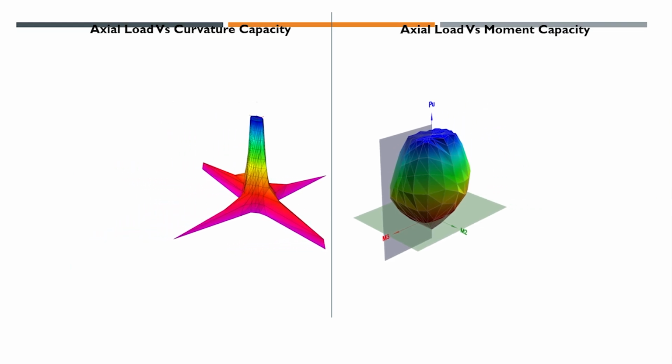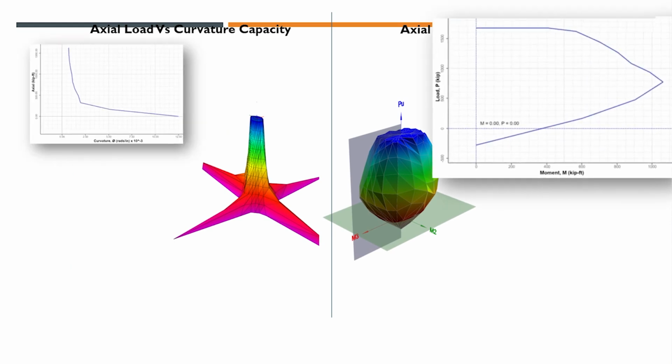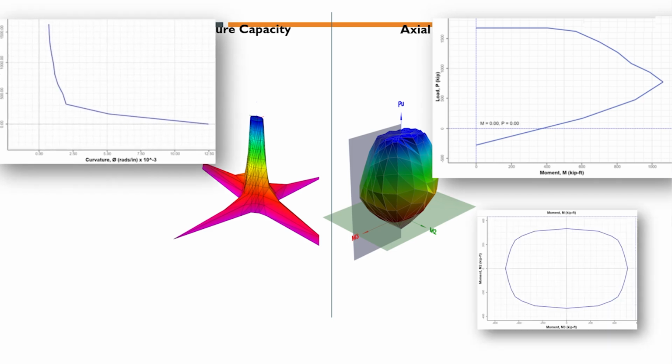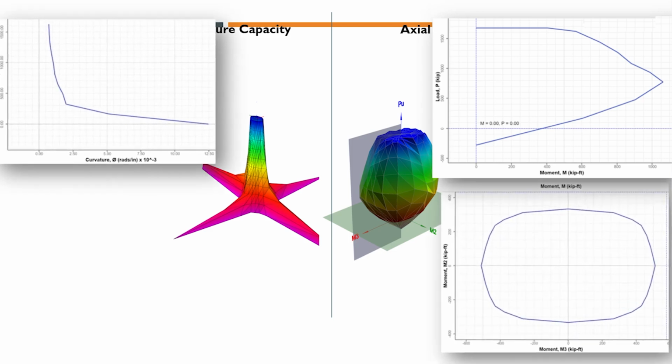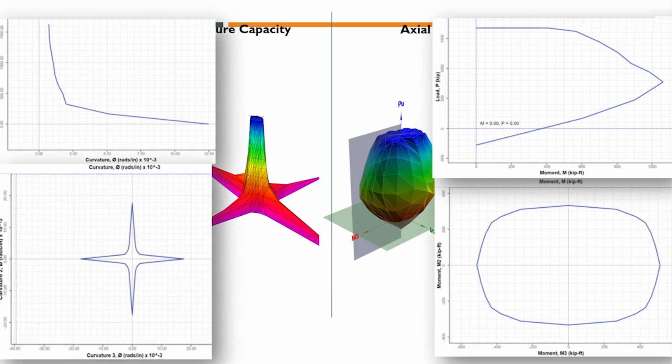They are very similar in terms of how you can get the moment load interaction curve, and you can also get the curvature axial load plot in a similar manner if you cut the plot with a vertical slice. And if you cut the plot horizontally, you get the curve of the interaction between two moments. And similarly, if you cut the plot horizontally, you get the curvature plot on the various axes along the cross